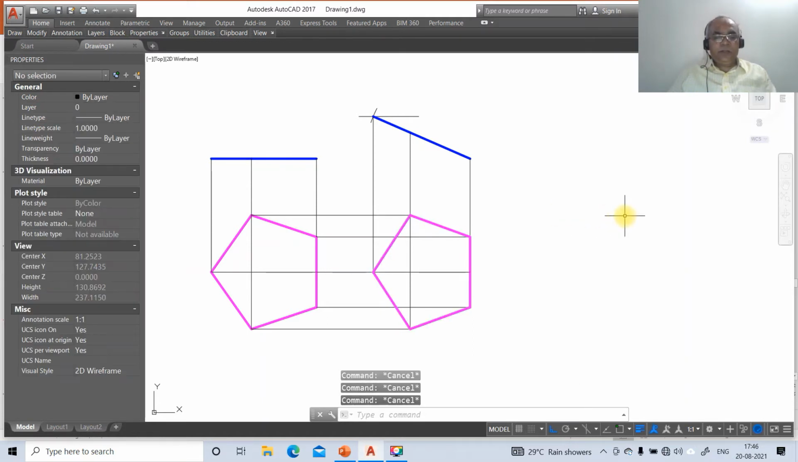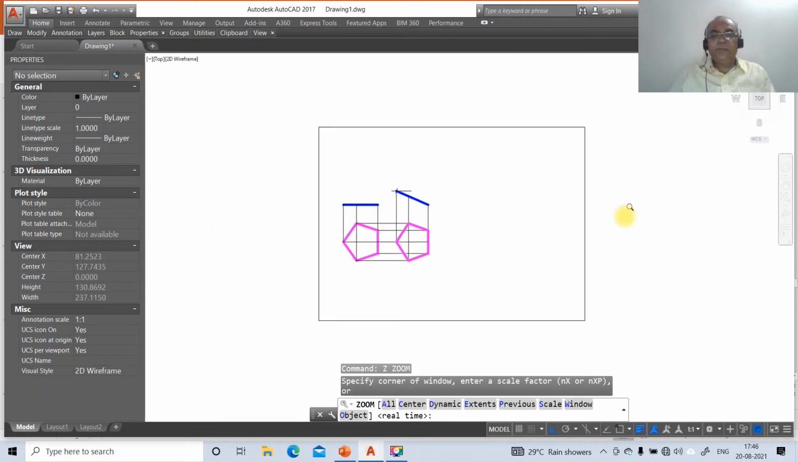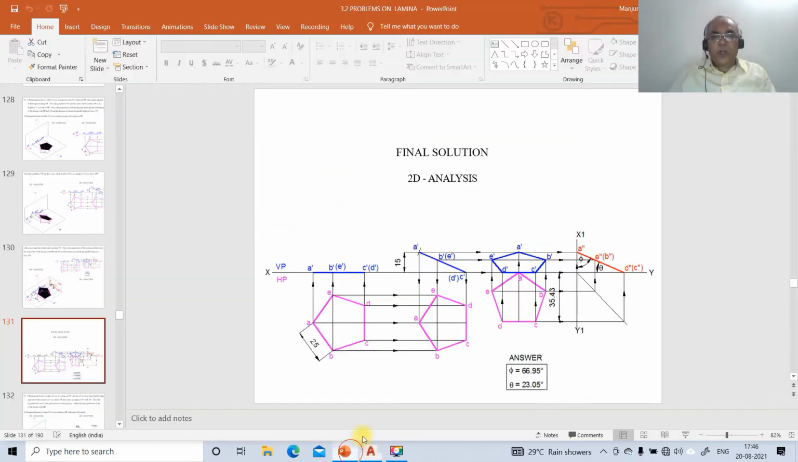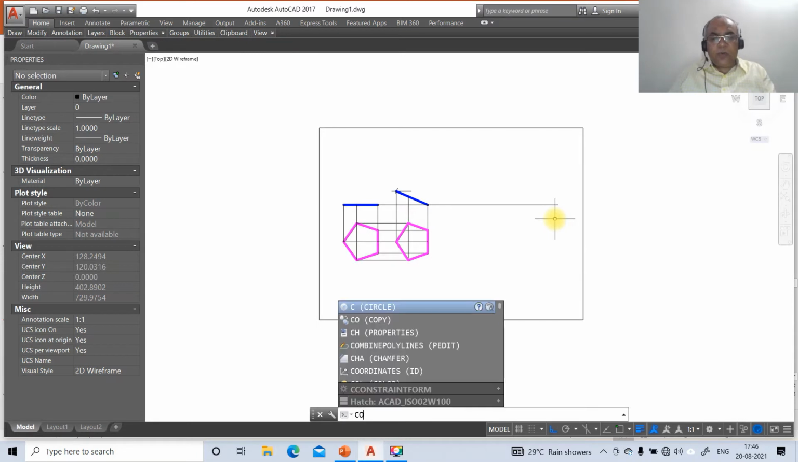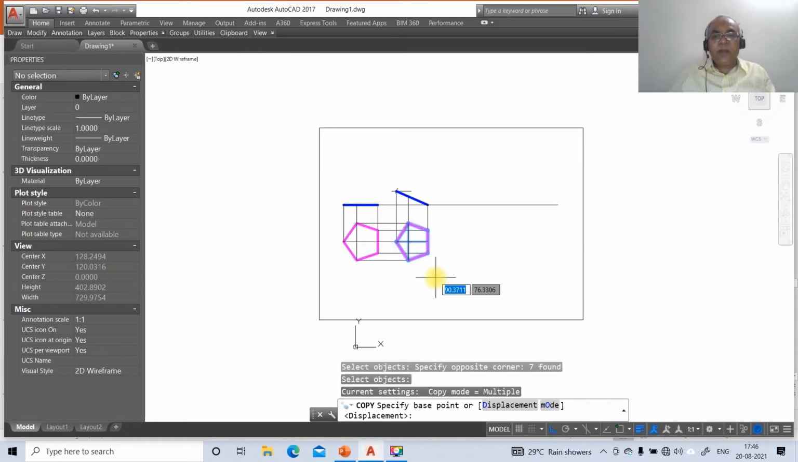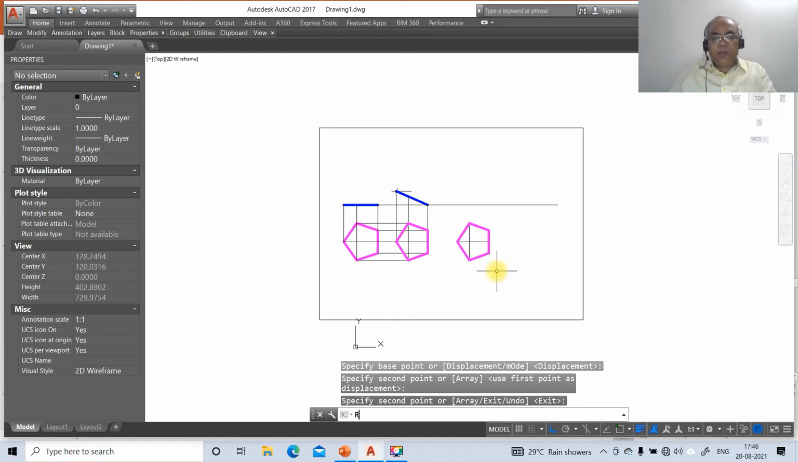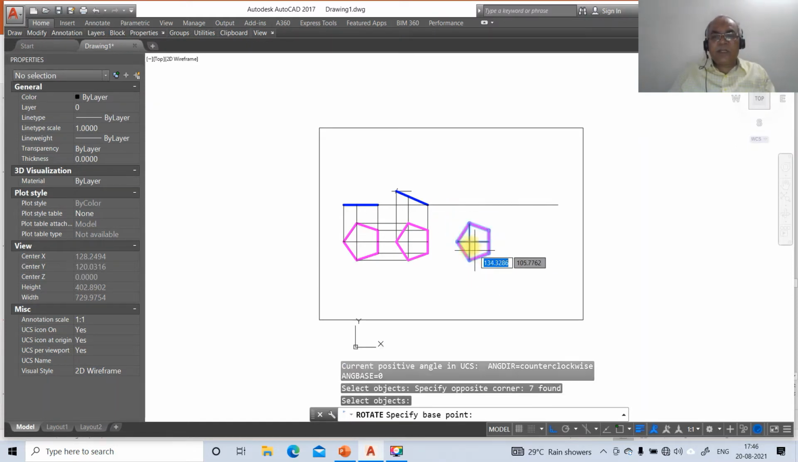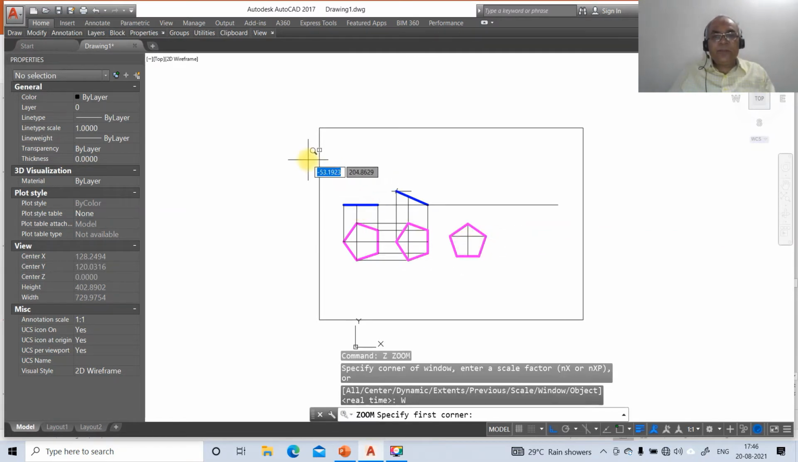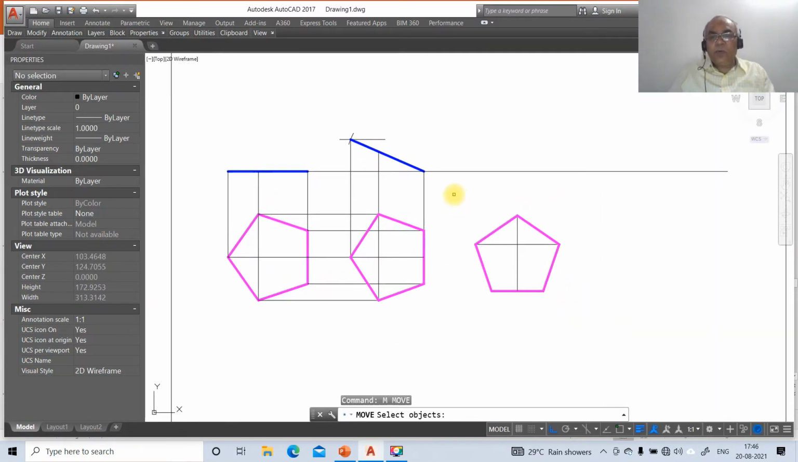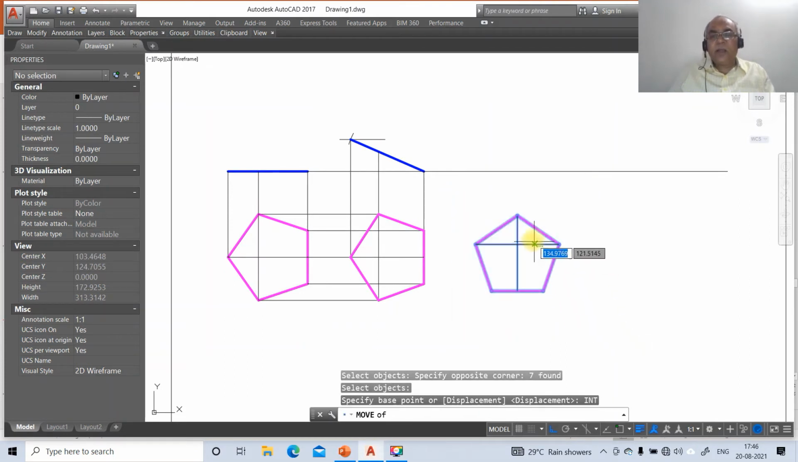Once you do that, then you just go to zoom previous. Then we want to rotate this in clockwise direction and place this on VP now. So to do that, go to line, take int of this and draw a horizontal line. Now you just go to copy, select this entire drawing and copy to the next position and then go to rotate in clockwise direction. So you are going to take -90. Then go to zoom window, you select this and then go to move, select this entire drawing and then